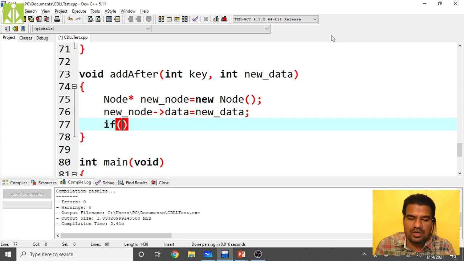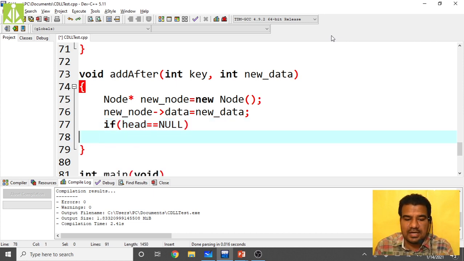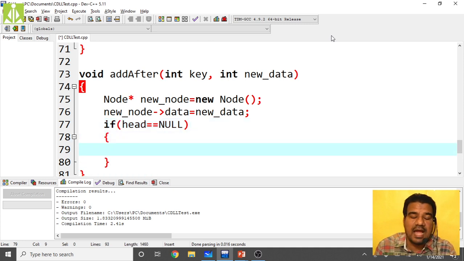Now you check whether your head node is null or not, that is, whether your doubly linked list is empty or not. As I said, if your circular doubly linked list is empty, we add the new node as the head and the only node.